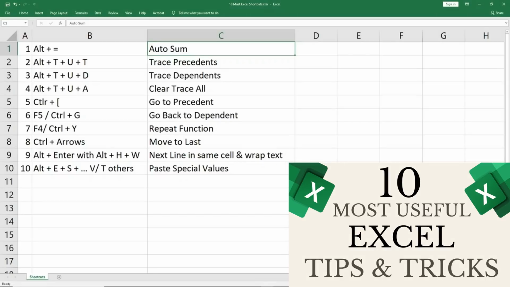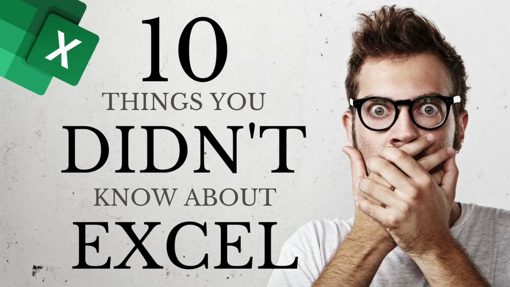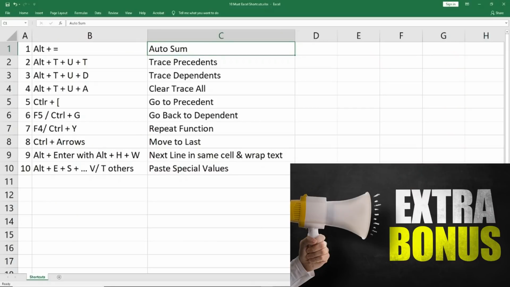Welcome back. I already have a couple of videos where I have shown you 100 plus keyboard shortcuts for Excel, and you can always go and watch those. But in this section, I just want to focus on 10 shortcuts and formulas which you must know. In between, I'll tell you a couple of more things which I normally do because that is what I have been doing in financial modeling, how to manage data and how to get the best possible report.